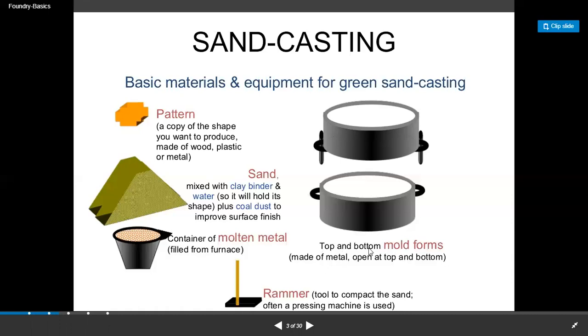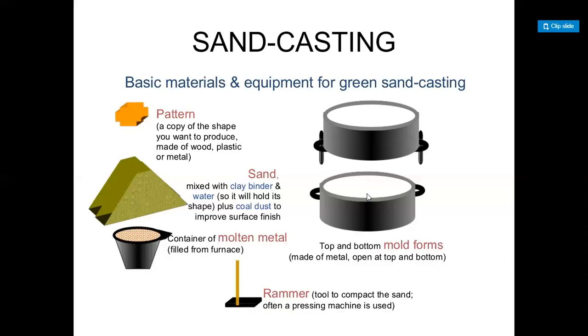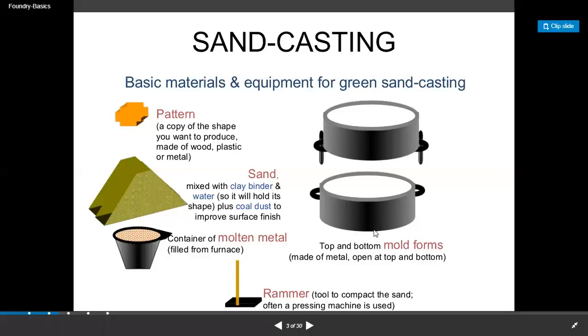The top and bottom mold forms are open at top and bottom. Some components are only in the cope box or only in the drag box, and some components are spread across both boxes. Only one component is mixed across two boxes; small components are only in one box. After these steps are completed, the molten metal is poured into the boxes.